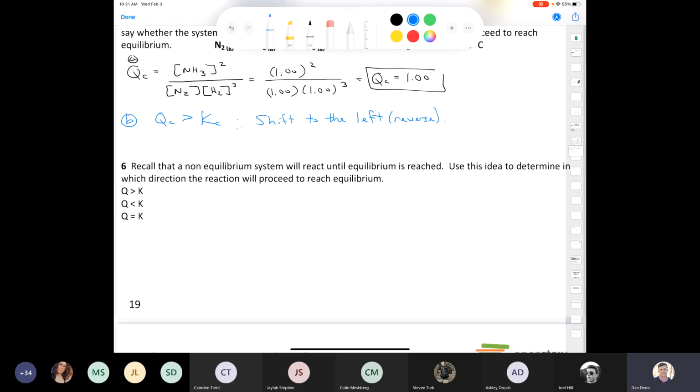Look, you can see how this would be a great question for a multiple choice exam. Let me rewrite it here. Scenario where Q is greater than K, we'll call that A. If we have a scenario where Q is less than K, we'll call that B. And if we have a scenario where Q is equal to K, we'll call that C. I'm pretty sure that most of you could answer this pretty quickly, but let's just go over it. If Q is greater than K, just like we saw here, the reaction is going to have to shift towards